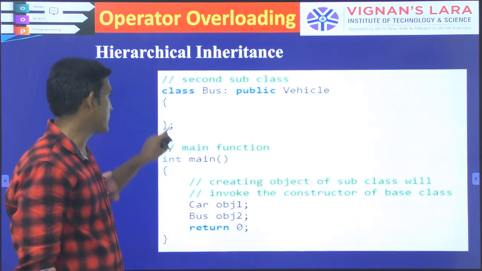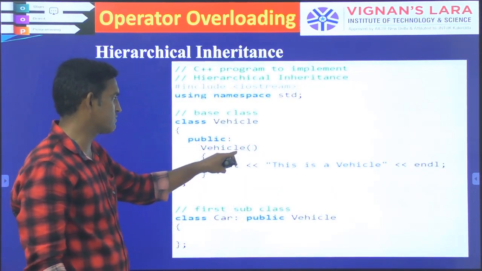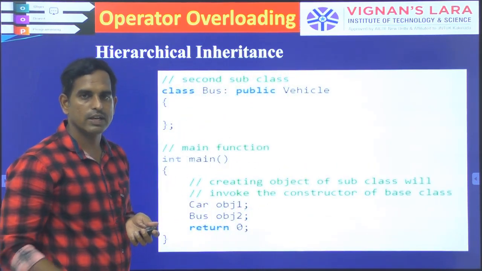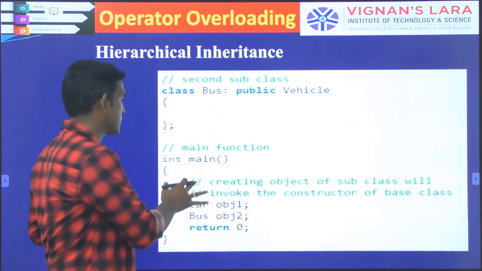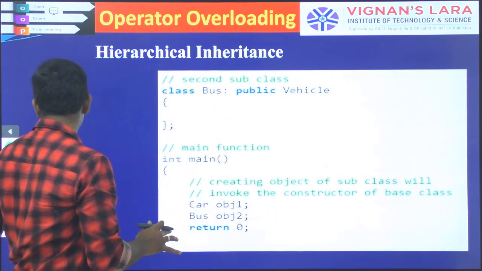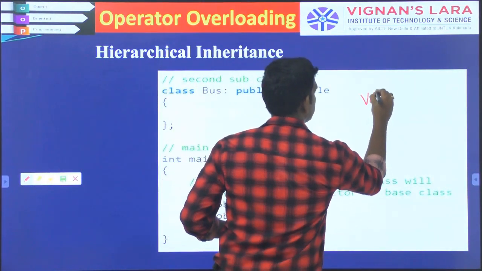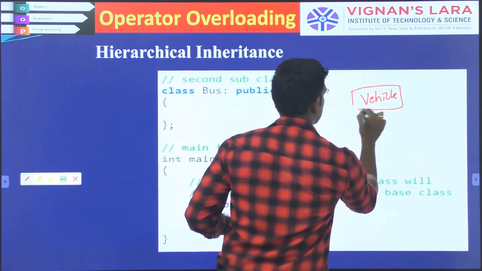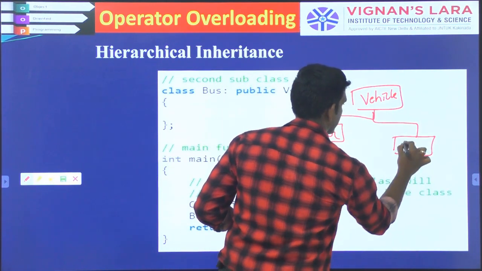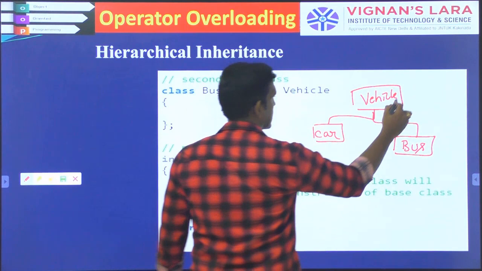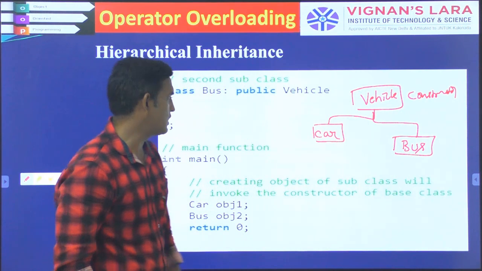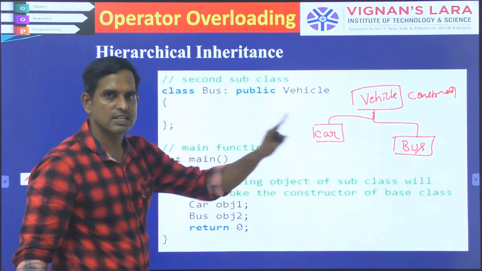So from this you should understand, if I create the car object, it will implement this thing. And if I create the bus object, it will implement your vehicle. Based upon your implementation, here your car and bus classes are independent. So in the code you have written, you are having vehicle class, car class and bus class. The vehicle class has one constructor which will print this is vehicle, and the car doesn't have anything and bus doesn't have any method.